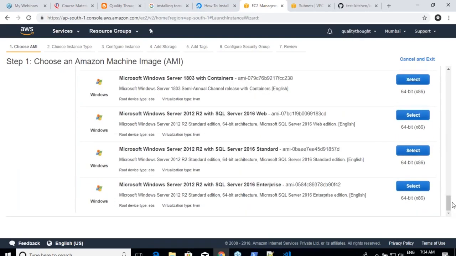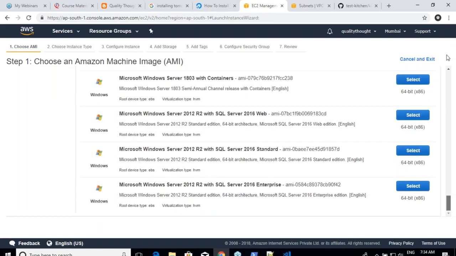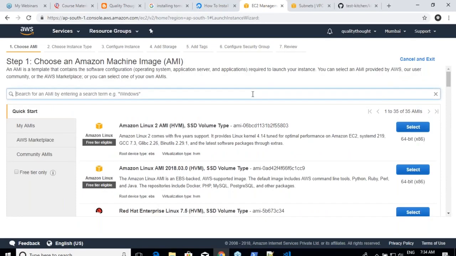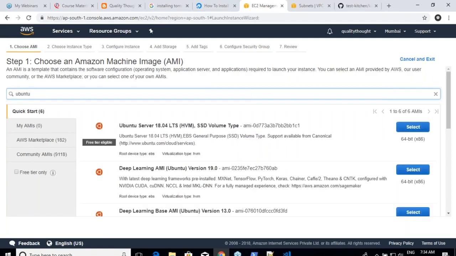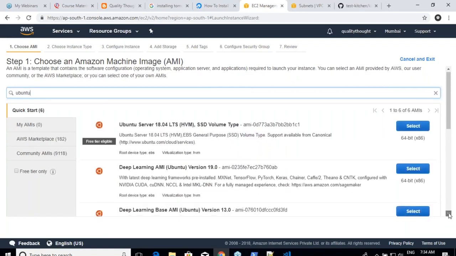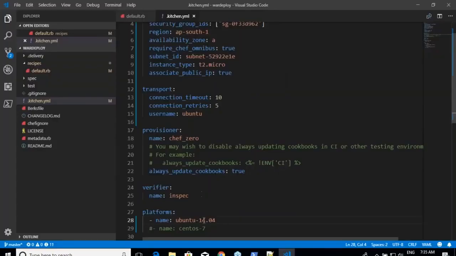Where is Ubuntu 14, by the way? I'm not finding it. I'll take Ubuntu 16 in this case. Are you seeing this ID? Yes. You can basically copy it, or you can use a platform like Ubuntu 16, but in this case Kitchen will try to search for you.